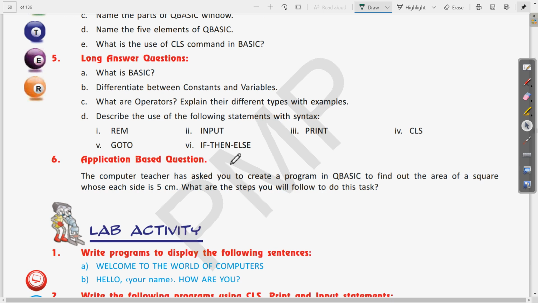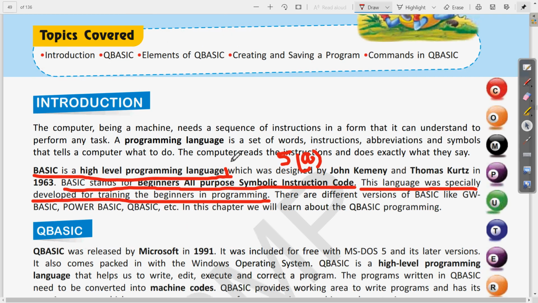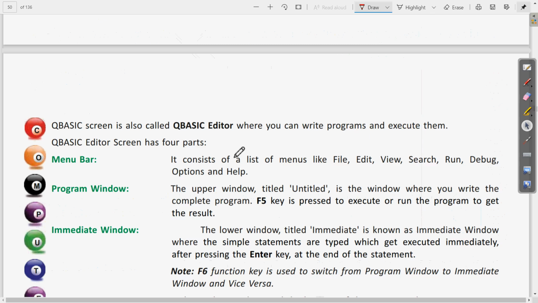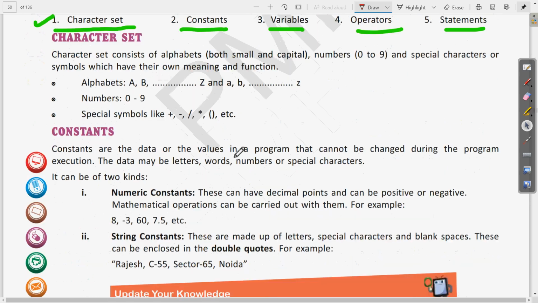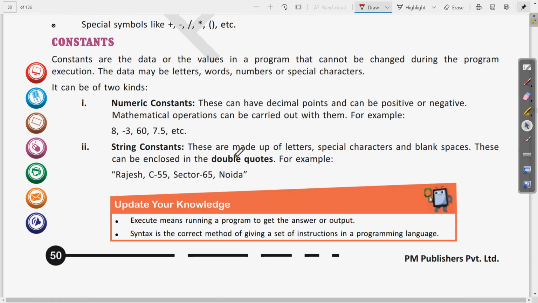Okay, so let us see the answer of question 5th B. What is the difference between constant and variable? The answer of this question is given on the next page, page number 50. Here on page number 50 you can see the first part, that is, what is a constant.